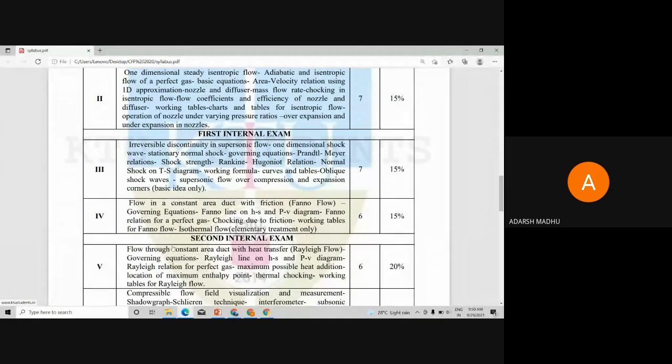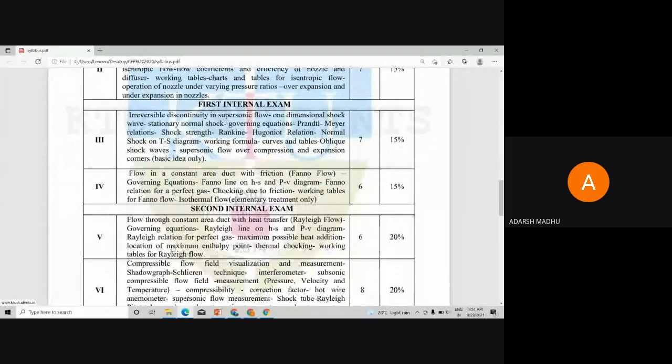You can see the normal waves happening there. We can create that particular wave by using some pressure, that is wave formation, and the wave formation has a particular structure. Either it is a normal shock wave or an oblique shock wave, which you will study in the third module. The third module deals with the analysis of shock waves, normal shock waves, and some derivations. The fourth module deals with a type of flow called Fanno flow.